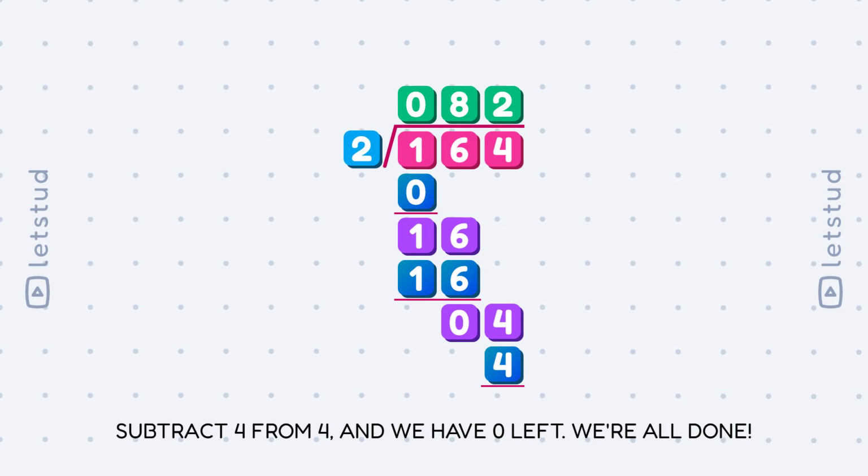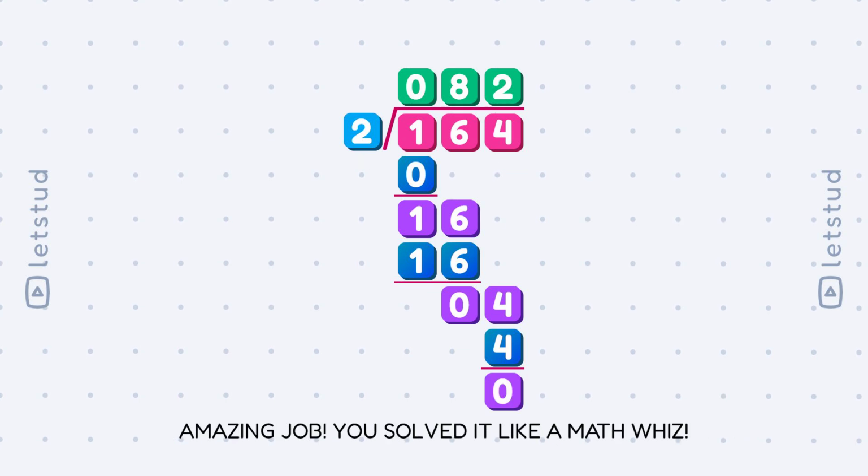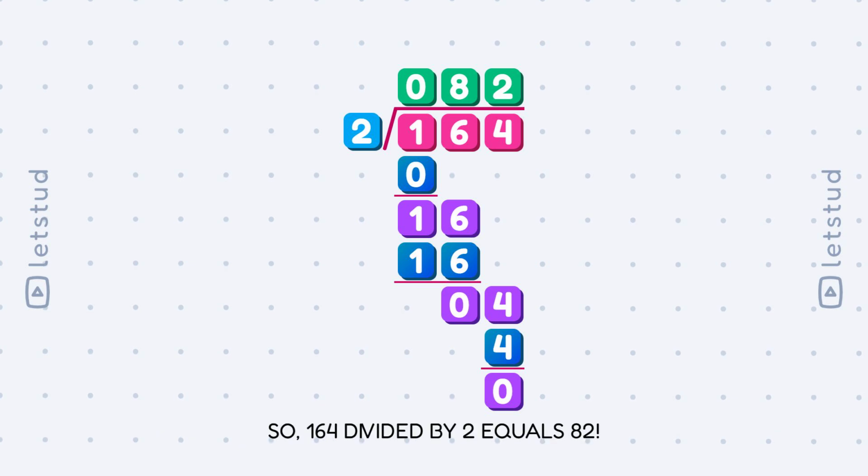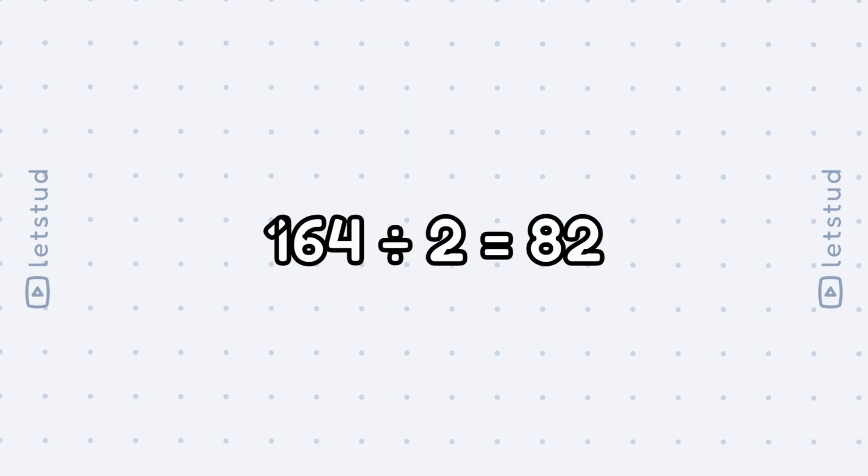We're all done. Amazing job, you solved it like a math whiz. We've divided all the digits and our answer is 82. So 164 divided by 2 equals 82. We just learned how to divide 164 by 2, step by step. Remember, even tricky problems become simple when we break them down. Keep practicing and you'll be a long division